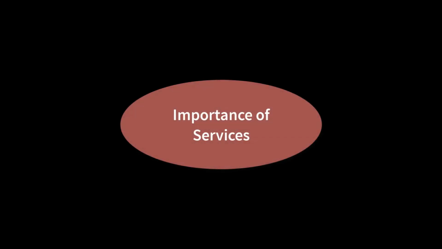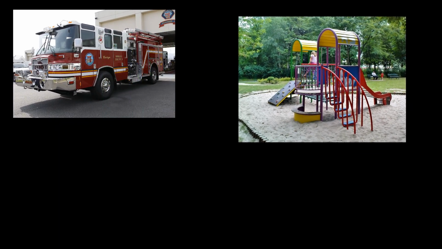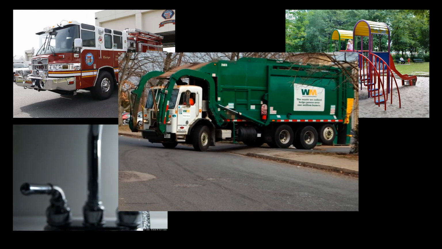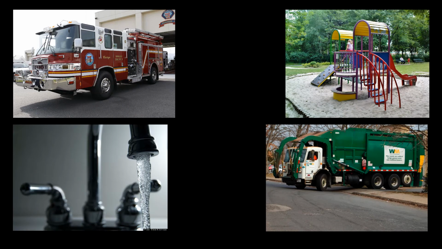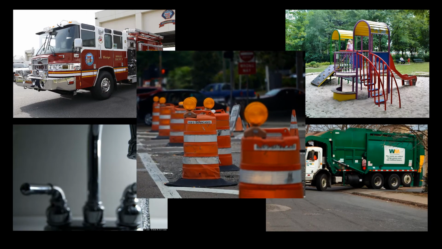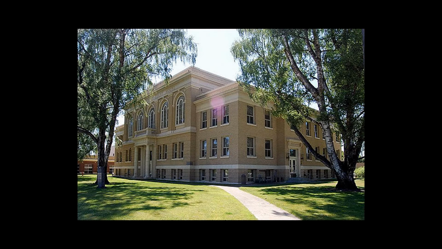Now let's look at Factor 3, the importance of services provided. Does your agency provide 911 or emergency services? Do you manage parks and other commonly used public spaces? Do you collect payments for utilities like water, sewer, and trash services? Factor 3 weighs the importance of the services provided to your customers. You should summarize these services in this section and identify any barriers that may exist. It should be brief. For example, you could write, Kootenai County provides court services to several LEP populations. To address any language barriers, the county provides free access to a translation interpretation service.